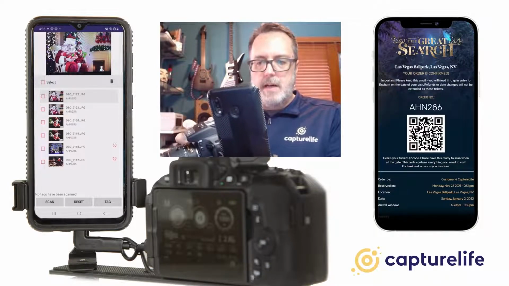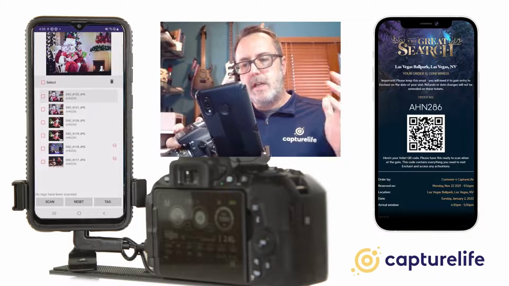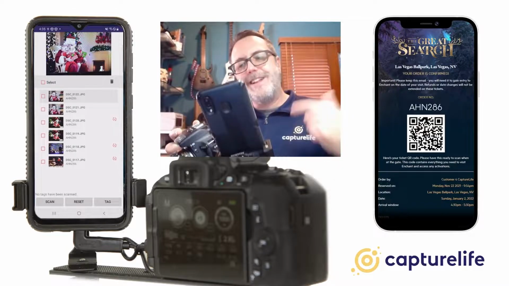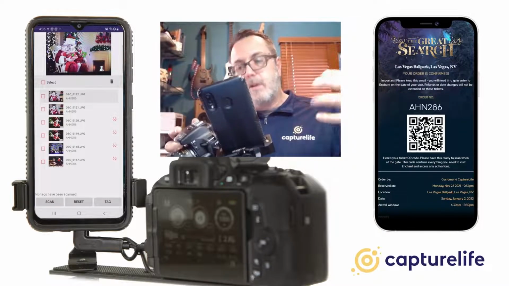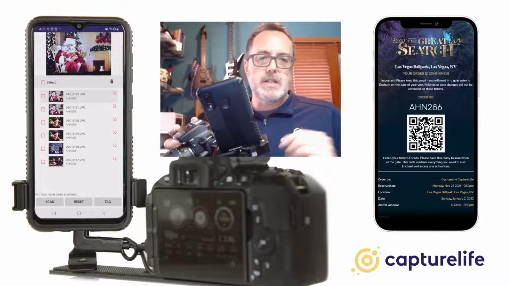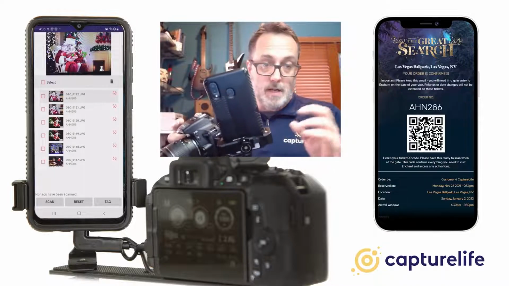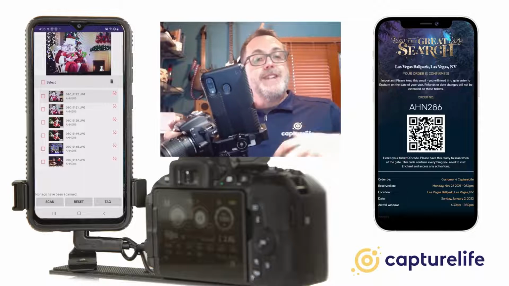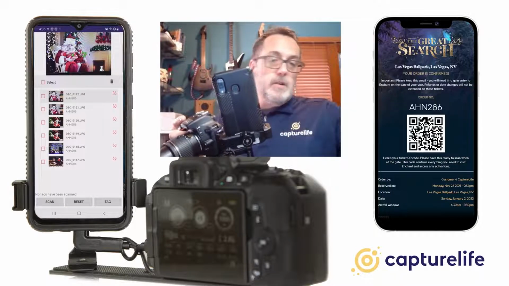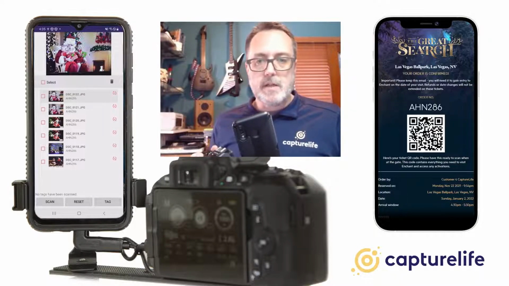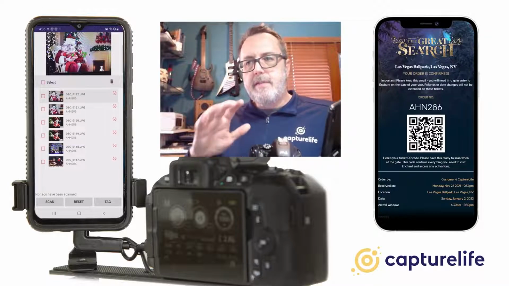Now I'm going to hit the tag button, and what you'll see is the check marks on the left disappear, and then the images start to upload to Capturelife, and those are the icons that you see on the right, the circles with check marks in them. So now these images have been uploaded to Capturelife basically live and in real time, and that's the next part